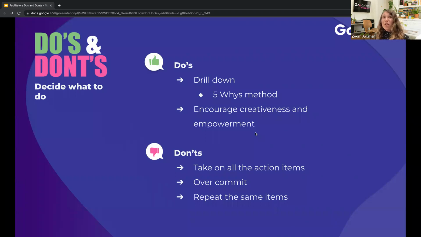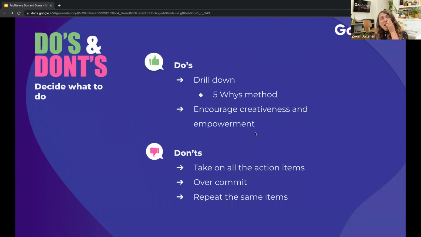What you shouldn't do when trying to decide what to do. So first of all, take on all the action items on yourself, especially if you're a team lead. It's really tempting to assign the action items to yourself, but that's not the goal, and it will definitely not yield the same result that you want. You have to make sure that the team members are involved and they take on the items on their own as well. Preferably also follow up on them on their own and report back to the team on what they're